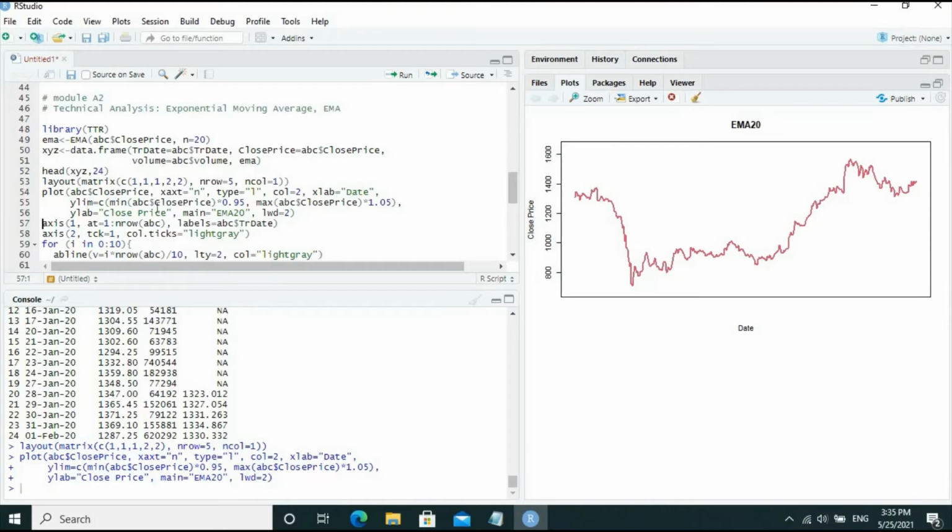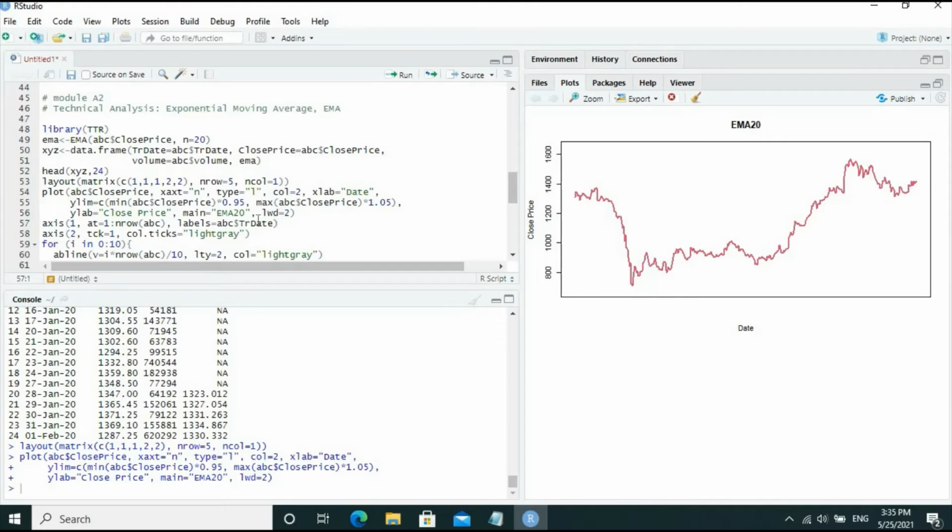Y limit is the minimum of concatenated values, minimum of ABC close price times 95%, and the upper limit of the Y limit is the maximum of close price multiplied by 1.05, which is 105% of the maximum of close price. Then Ylab is equal to close price, main is EMA 20, exponential moving average 20, line with LWD equal to 2.